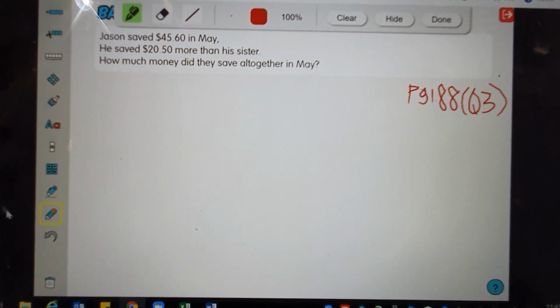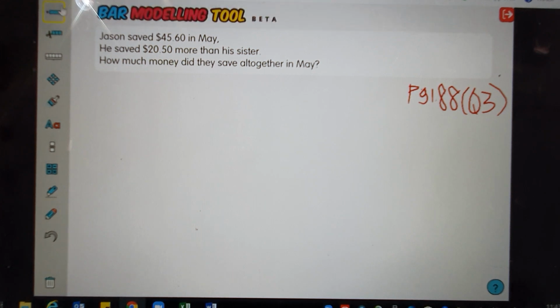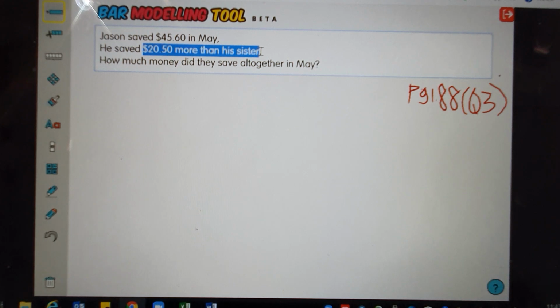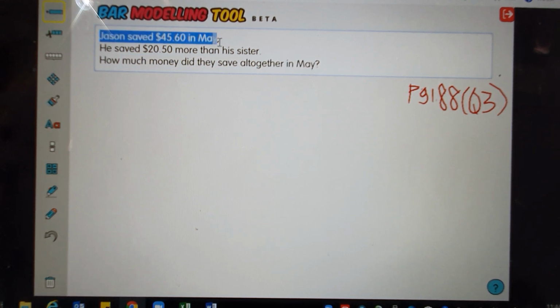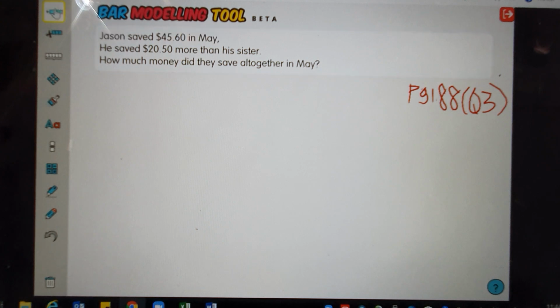Let's read the question together. Jason saved $45.60 in May. He saved $20.50 more than his sister. How much money did they save altogether in May? First things first, when you come across a question, we always read it part by part. The first part tells you that Jason saved $45.60 in May, which means I'm able to draw a model like this,